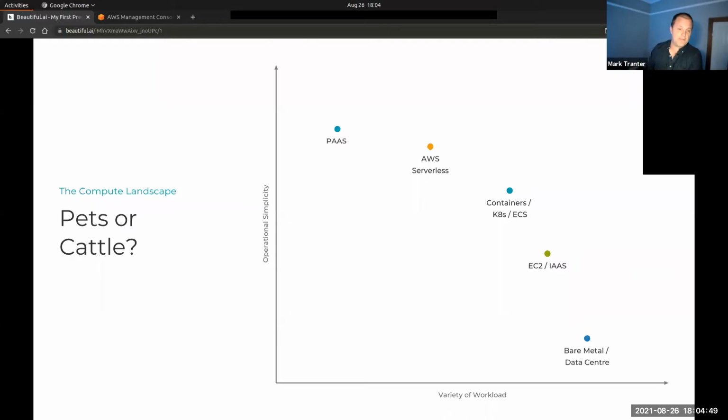Yeah, so from bare metal to platform as a service, where I see AWS Serverless sort of sitting in the middle of that matrix. So you've got things like EC2 and infrastructure as a service that's seen as a bit legacy these days, but still has its use cases. If you wanted to run some obscure database, for example, that didn't have a managed instance available, you might look at running on VMs or infrastructure as a service. Containers and Kubernetes and things like that sit in a nice sweet spot. You can run just about anything you'd want, data processing, web apps, even simple websites if you'd like, on Kubernetes or ECS. And then on serverless, there's a little bit less to run, or quite a lot less to run.